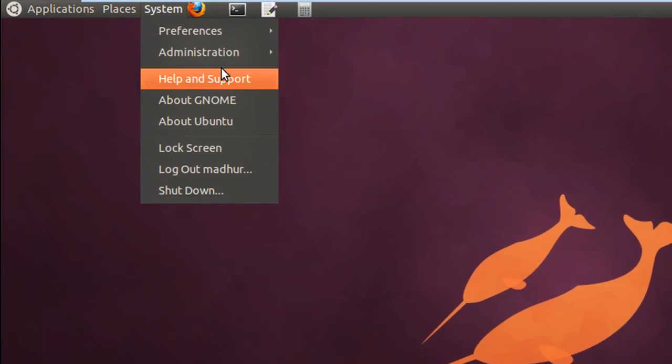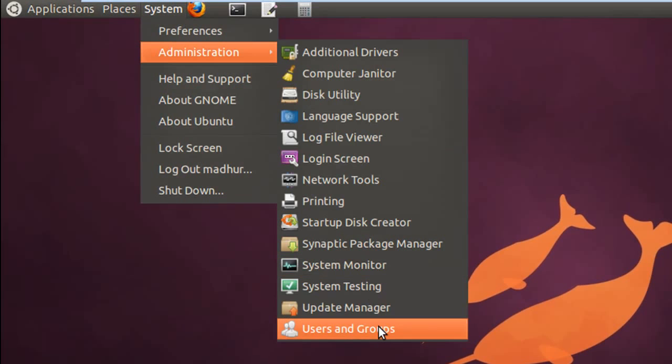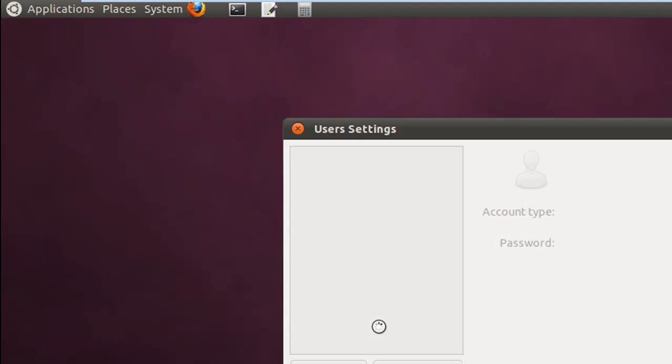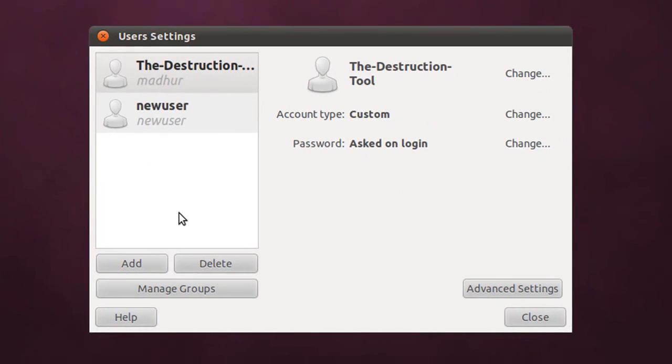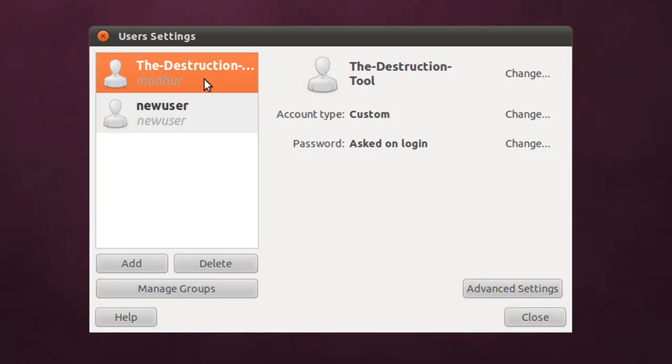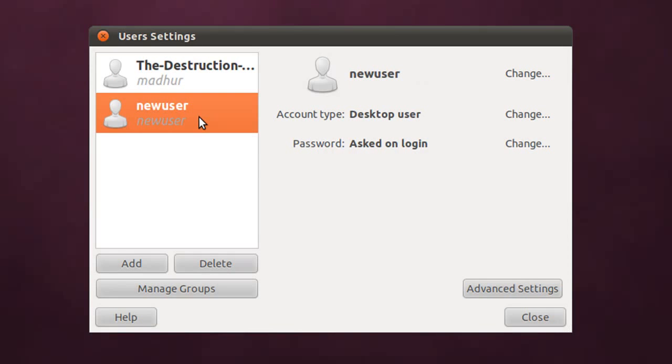So I'll go to System first, and then in Administration I'll find the option Users and Groups. Click on that and Ubuntu will display to me all the user accounts that are currently there on the system, and this is my account and this is an account that I created a few days ago. So what I'm going to do first is I'm going to delete this account by clicking on the delete option here,